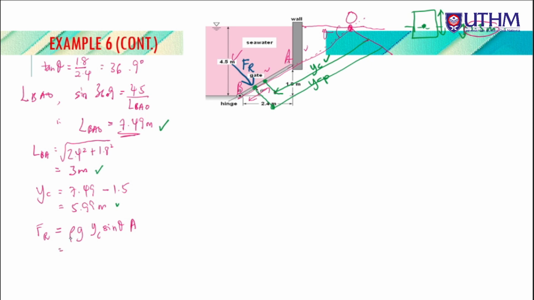So rho is standard density of water, so kita guna 1000 kilogram per meter cube, and then the gravitational acceleration is 9.81 meter per second squared. Okay, and then kita ada YC 5.99, and then sin theta is berapa tadi, 36.9,